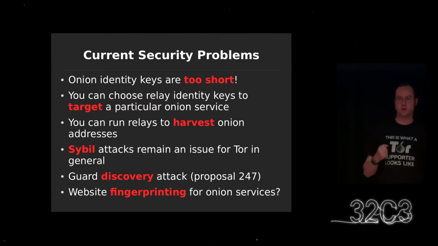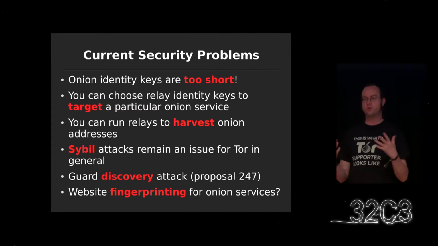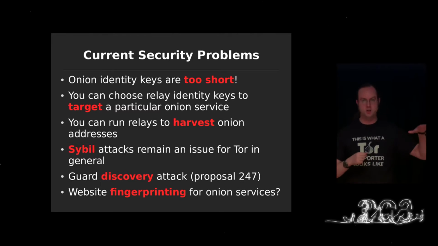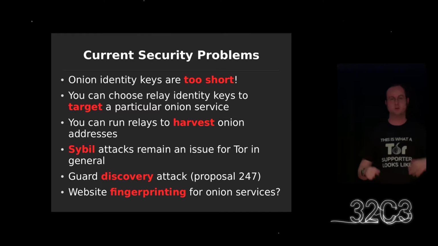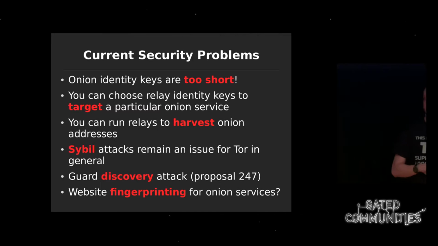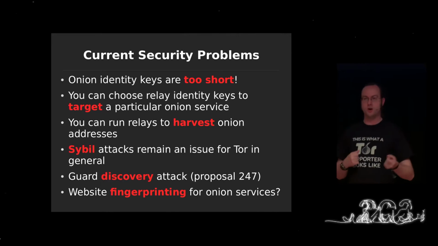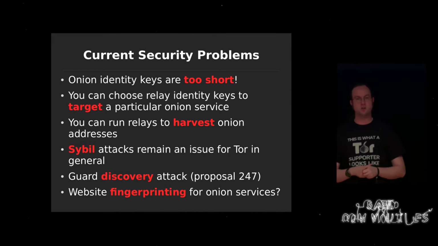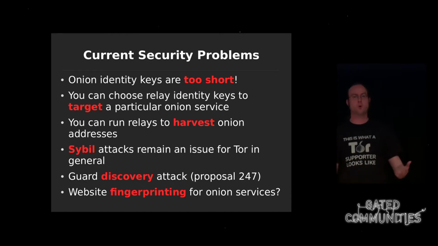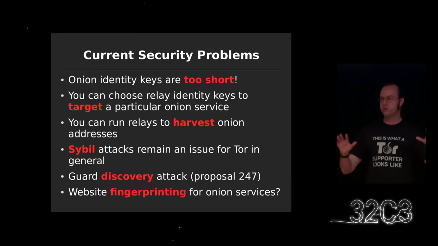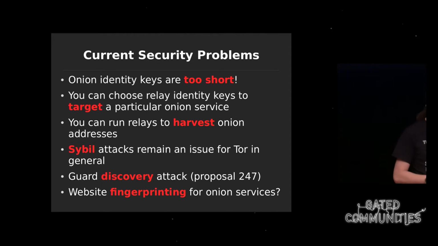Another one, I talked about that a few slides ago, you can run relays in order to learn about new onion addresses, and we've got some fixes for that. So those are 3 that are onion address specific, onion service specific that we can solve. And then there are 3 issues that are much more broad. One of them is bad guys can run hundreds of relays, and we need to learn how to notice that and protect against it. Another one is you can run relays to learn more about the path selection that clients are going to do. And then there's website fingerprinting. All of those are separate talks. I wanted to mention them here. Happy to talk about them later, but we don't have time to get into them in detail.